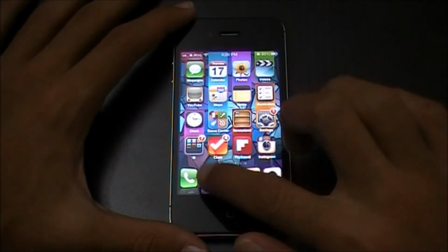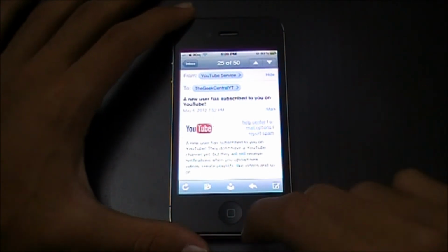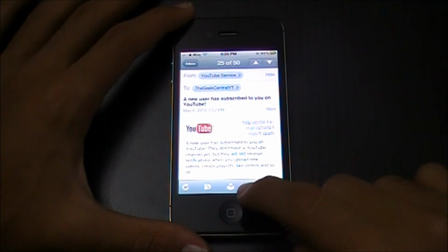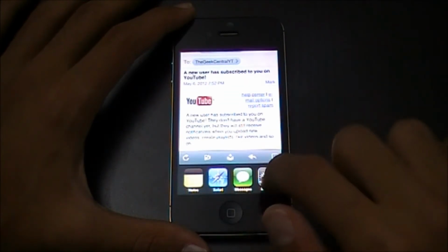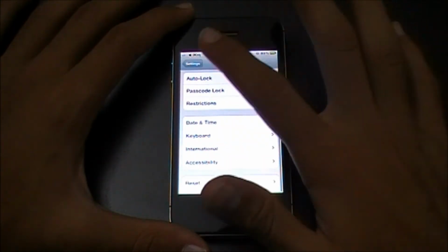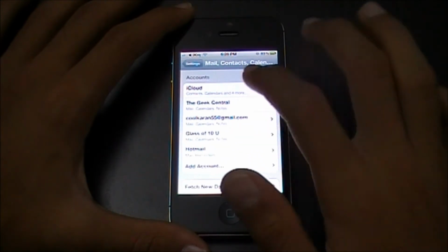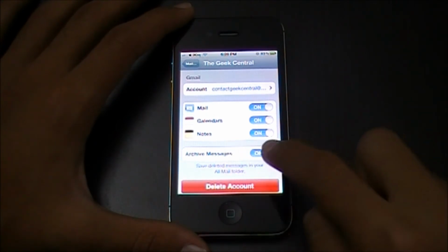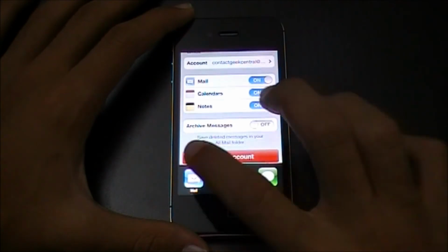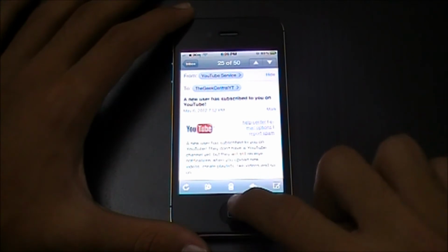Okay, so now I'll be teaching you how to delete an email. When we head into the email application, most of us see a box-like thing with an arrow above it, and that's the archive option. There's no option for deleting. However, if we head into the settings and we go to mail, contacts, and calendars, we can select whatever email account we want to add the option to, and there'll be an option archive messages. We just need to turn it off, and when we head back into our mail application, the box with the arrow is gone and there's a dustbin. That's your trash sign.